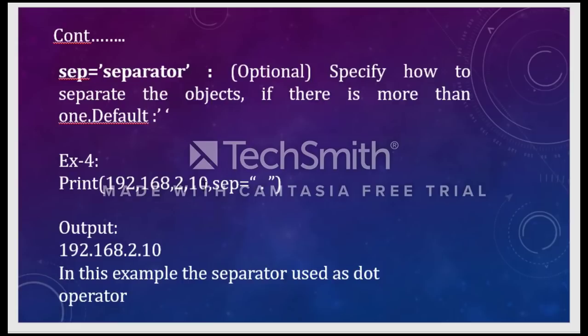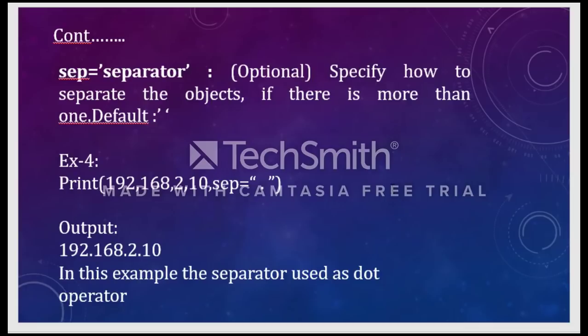But what I want to print on the screen is, after 192, I should get a dot. Then after 168, again a dot. And after 2, again a dot. So all these values have to be separated with a dot.